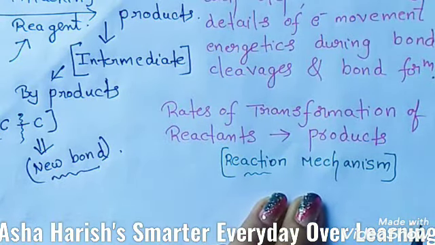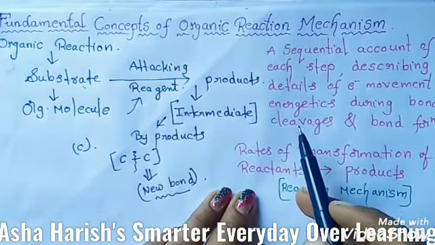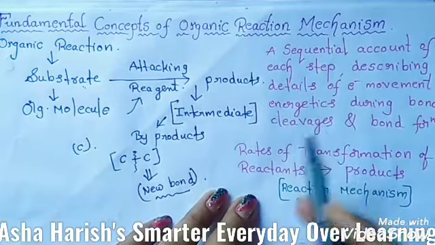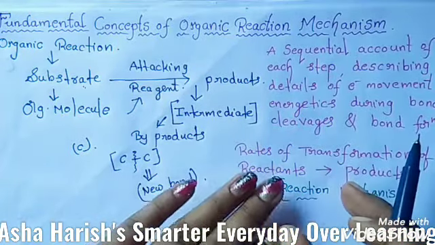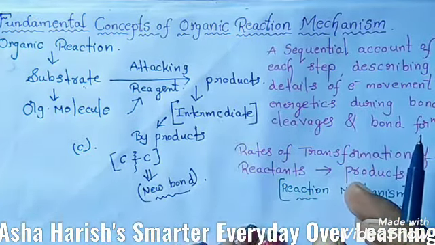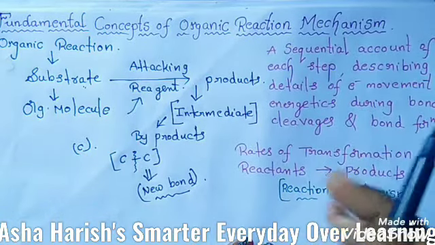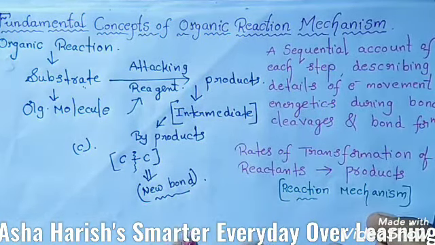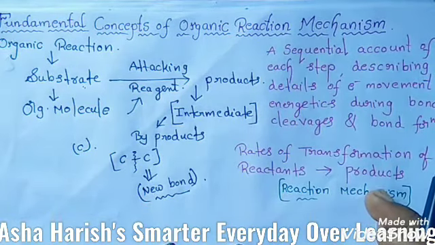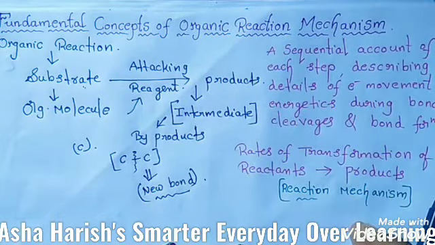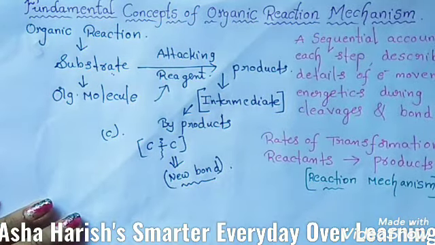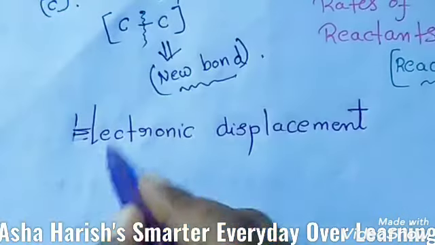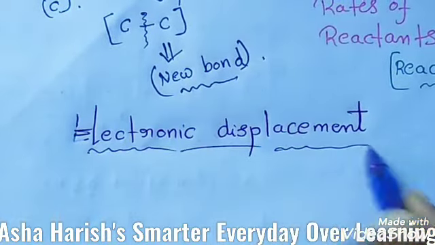A knowledge of reaction mechanism is useful for understanding the reactivity of organic molecules, and it is also helpful in planning strategy for their synthesis. Therefore, in this session we shall study some of the basic principles which explain how organic reactions take place, basing upon electronic displacement in a covalent bond.